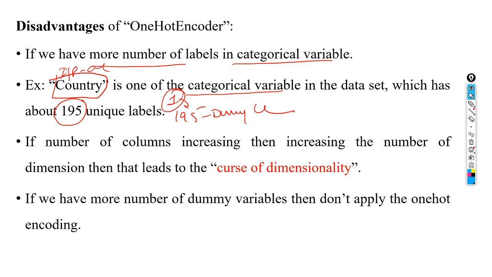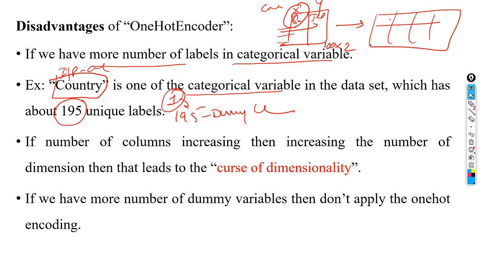What happened? Your data shape is like that. For example, the country and some kind of target variable, X and Y, with 100 rows and 2 columns, meaning 100 observations and 2 columns. Here X is our input feature, the country. If I convert the country feature into dummy variables, dummy variable 1, dummy variable 2, up to dummy variable 195, the shape of the data will be 100 rows by 195.